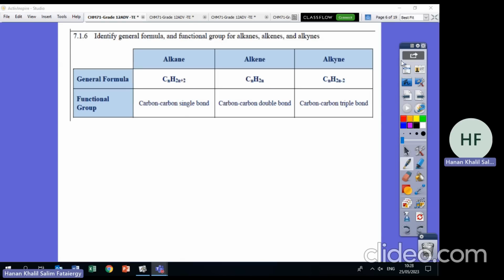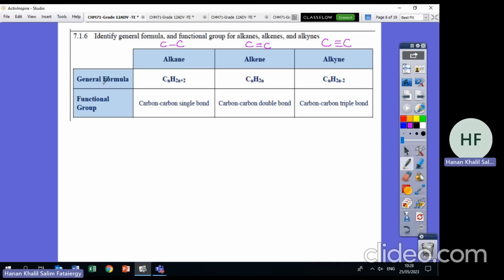Okay, now we have three types of hydrocarbons. The three types of hydrocarbons are alkanes and alkenes and alkynes. And here I want you to pay attention to the spelling. This one is A, this one is E, and this one is Y. As you know, alkanes have C single bond C. Alkenes have C double bond C. And alkynes have C triple bond